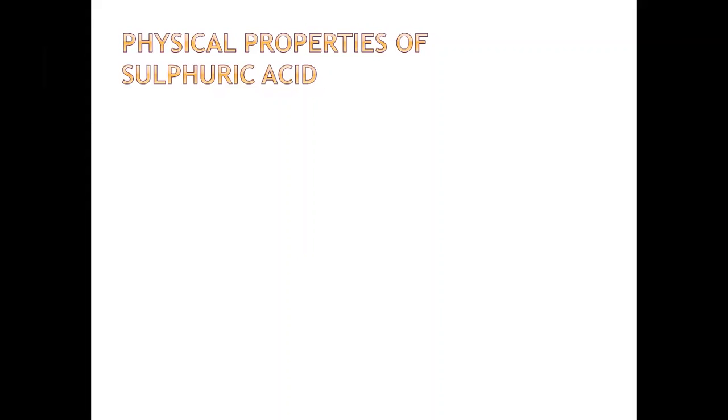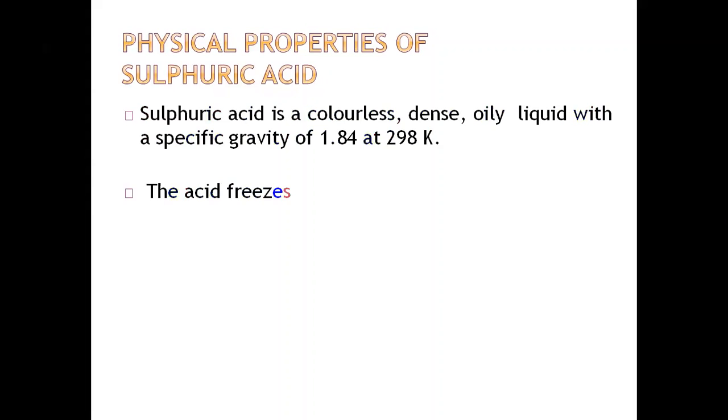We will learn about the chemical and physical properties of sulfuric acid. In the last class, we studied the preparation of sulfuric acid, both the lab preparation as well as the industrial preparation. If we look at the physical properties of sulfuric acid, it is a colorless, oily liquid